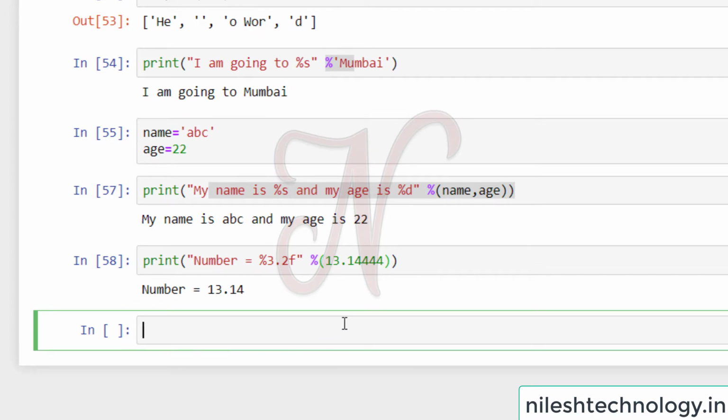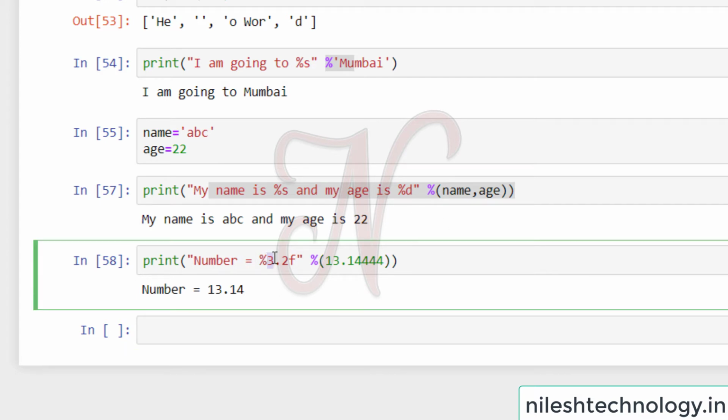See here what the output is. 3 is the width, meaning the minimum width is 3. If it is not, then space is added to the number, but my width is greater than 3, so there is no space here. And .2 means only 2 digits are printed after the fraction. So the number is 13.14.